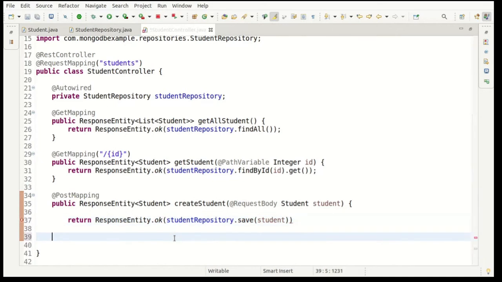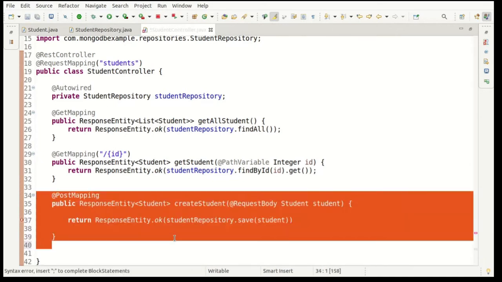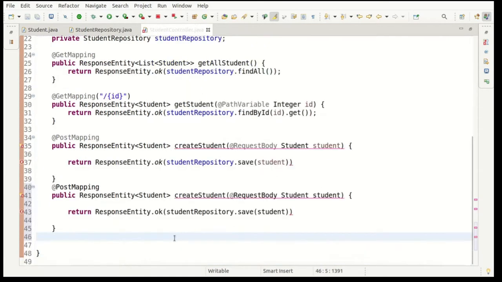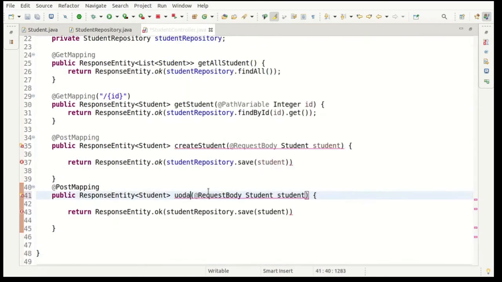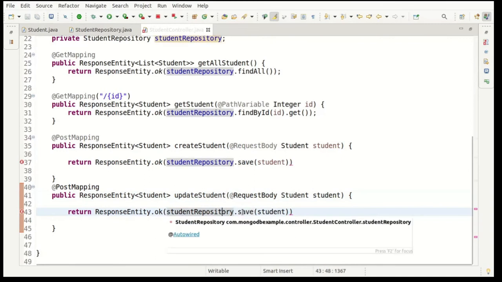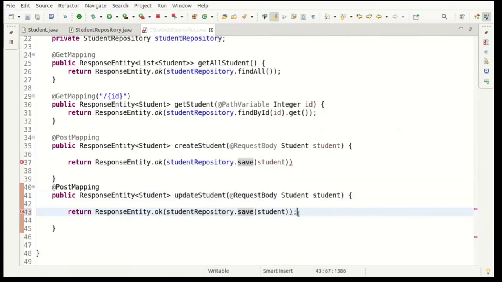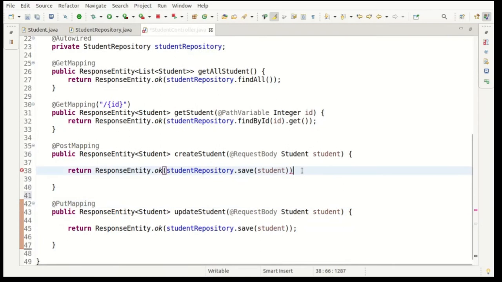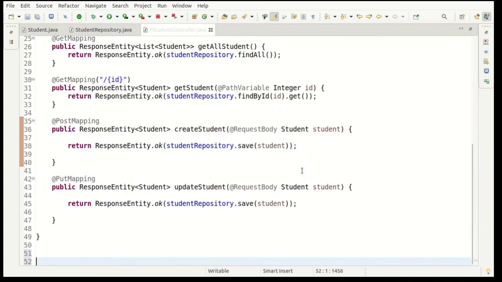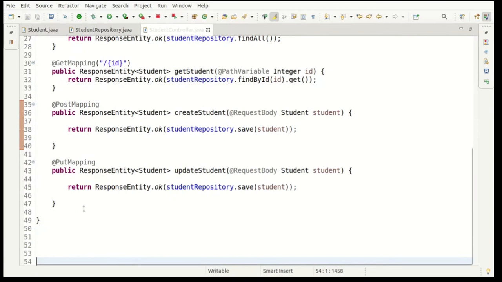Then next is to update student. So it will be the same. We don't have an update method in this one. Just change the name here to update student. There is no update method in the repository, so we have to call save. If it is an existing student, it will just update its data. But we cannot make this a post mapping. For update we can use put mapping. That's it. And here the semicolon is missing. So insert, update and select are done.